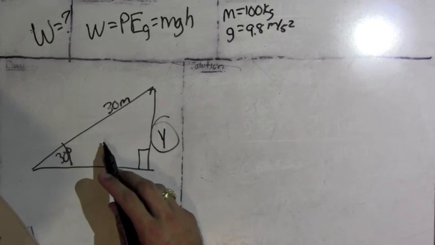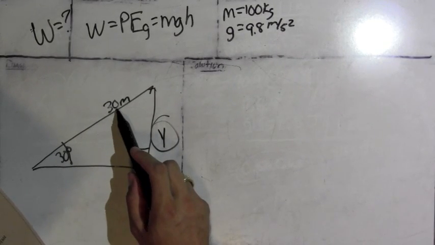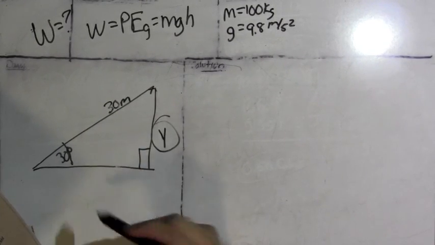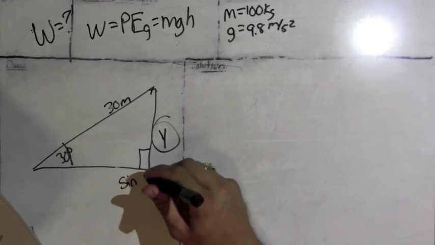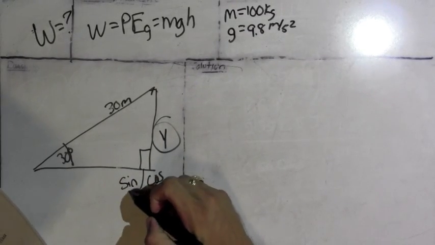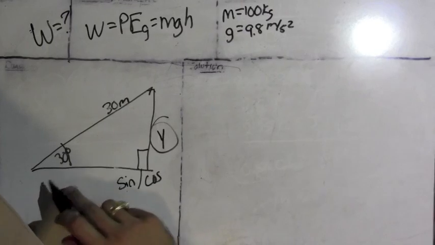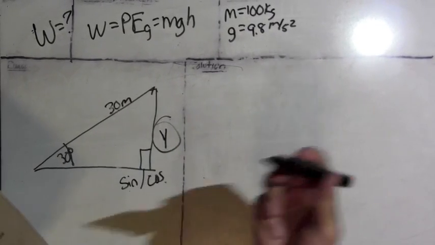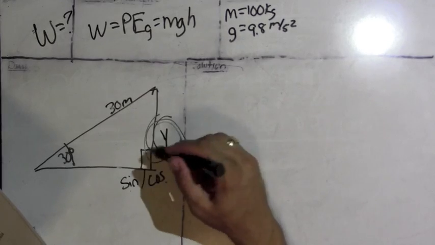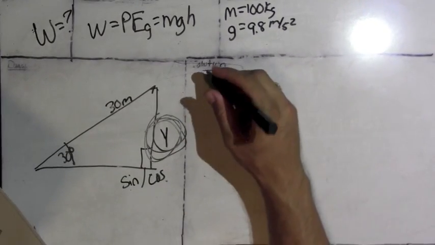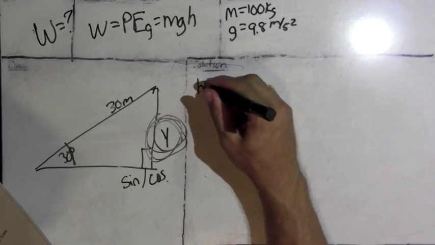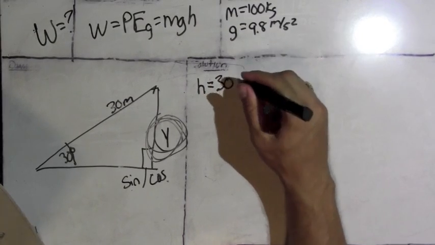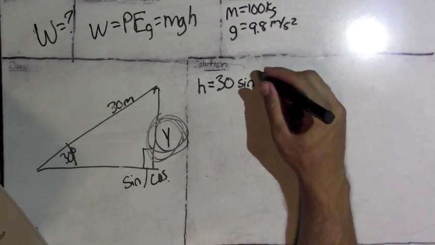You should remember this from earlier this year, that if you have one side of a triangle, you can solve for the other sides using either sine or cosine. Remember, sine is used to solve for the y component or the opposite side. Cosine is used to solve for the adjacent side or the x value. So in this case, I'm interested in the vertical. So what I would do is I would say that the height is equal to 30 times the sine of